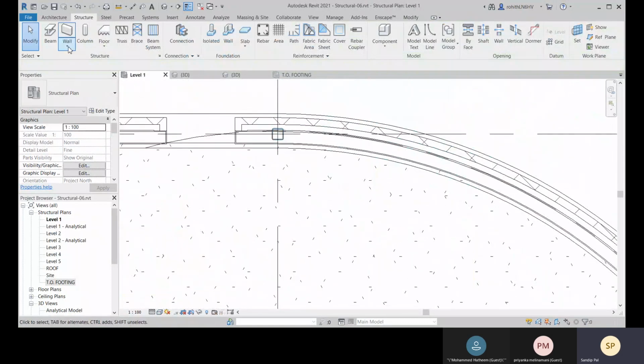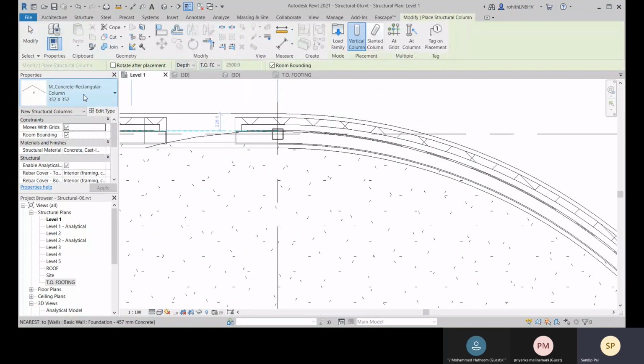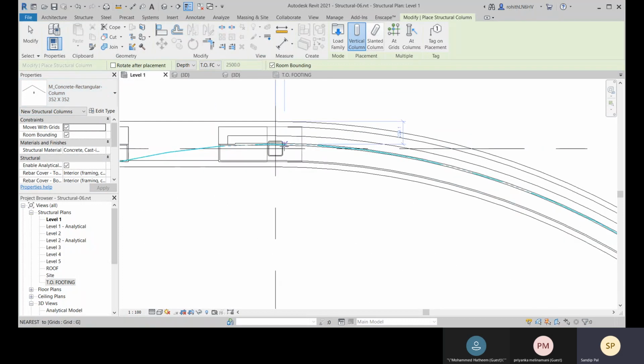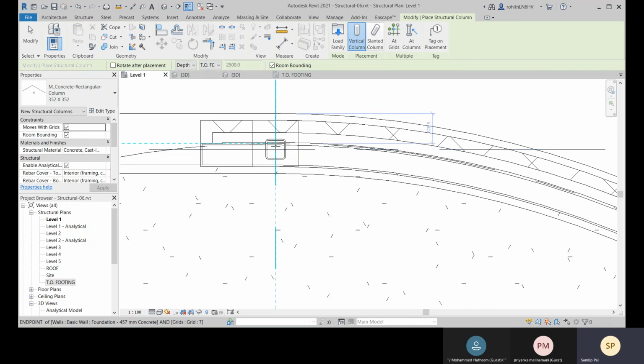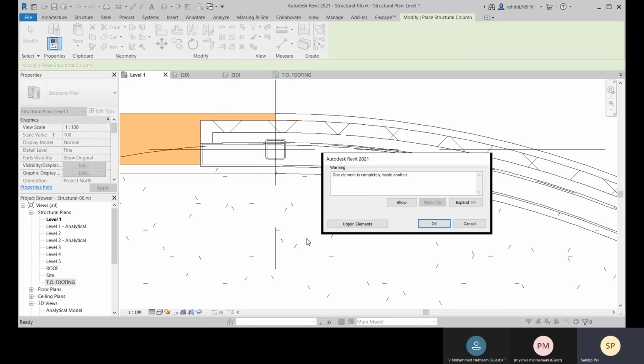So here you need to place pilasters. So pilasters also come under this, right, this column in Revit. So you just increase the size, right. So here it matches the center line.